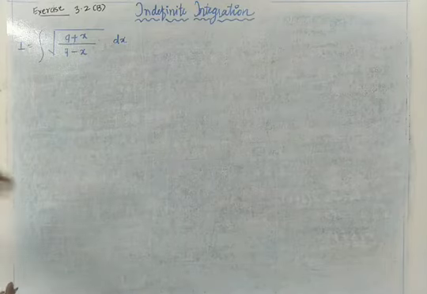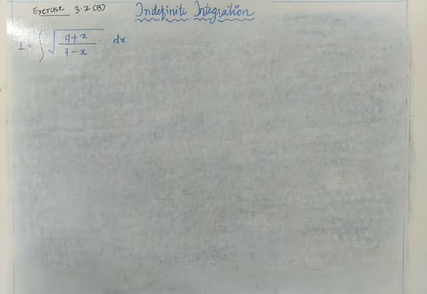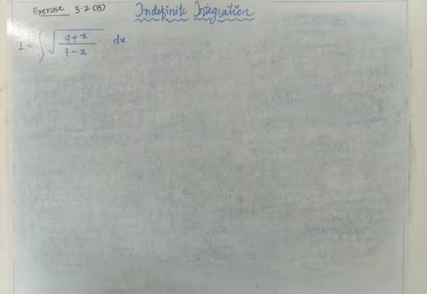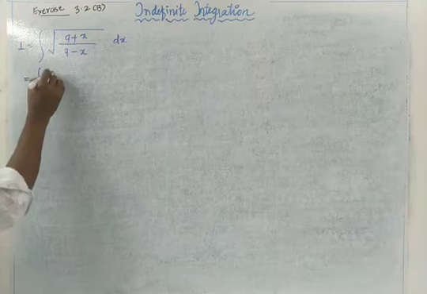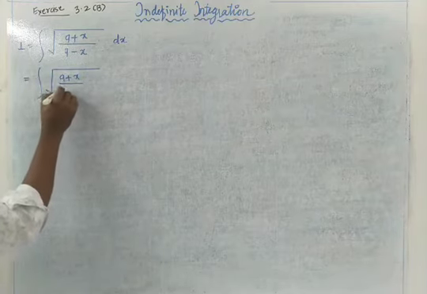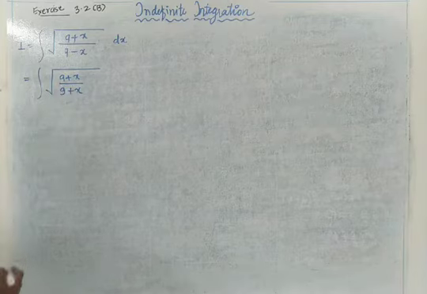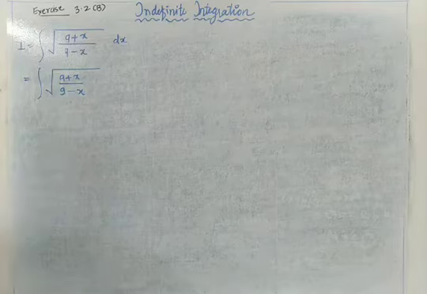Now this is the example in the format of 1 upon quadratic equation, either 1 upon quadratic equation or 1 upon under root quadratic equation. Now it is a root, so you have to convert that 1 upon under root quadratic equation. So how to simplify that part? We have to follow one step. Follow the same step. What is that step? Try to make the numerator without root. So for making the numerator without root, we have to make the numerator term a square term.